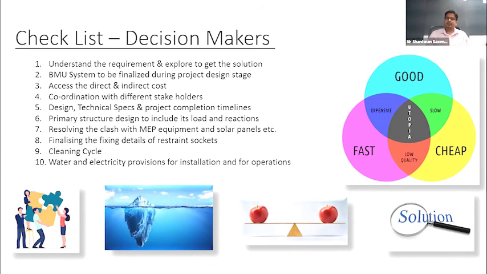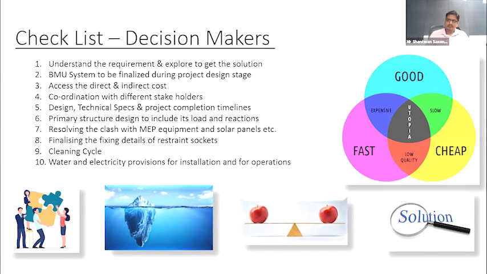As per the EN standards, if the building height is more than 60 meters, we need to put the restraining socket into the facade. But when the facade is already erected, we cannot put in the restraining socket, and we fail to comply with the European standards for the restraining system. Because when we work at higher heights, due to the wind load, there is a sway movement in the cradle, which can lead to accidents, which is not safe. To comply with the EN standard, it has to be frozen during the design stage only, and one should consider the restraining sockets.